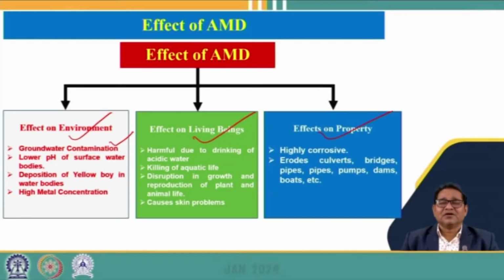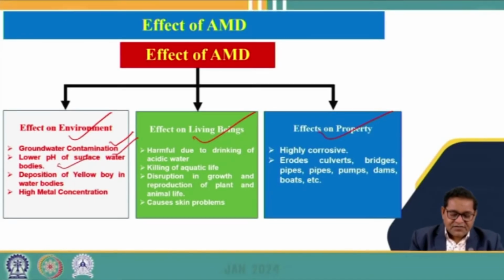These OB materials are stacked in the form of dumps on the surface of the mines, and when the rain precipitates, during infiltration through these waste piles or OB dumps, whatever minerals are present, like various heavy metals, they get dissolved into the water, and then finally it infiltrates below the earth surface,